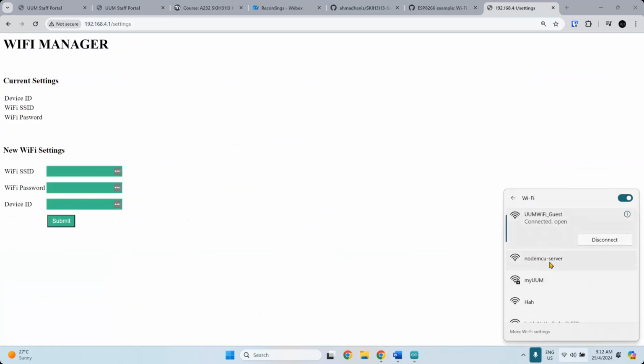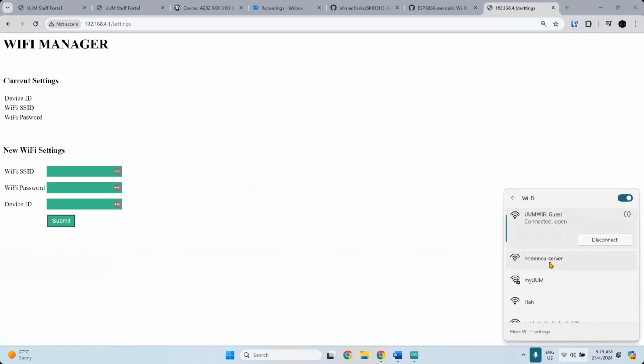But if you use Wi-Fi mode, as long as you are connected to the same Wi-Fi network, for example I'm connected to UM Wi-Fi guest and you are also connected to UM Wi-Fi guest, and the device is also connected to UM Wi-Fi guest, you can access the local web server like this. If that's what you're looking for.